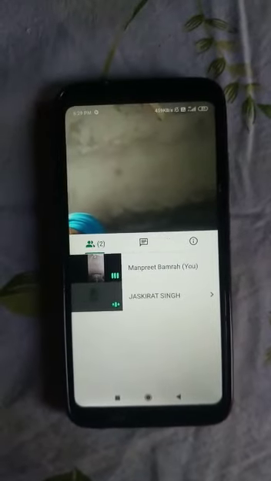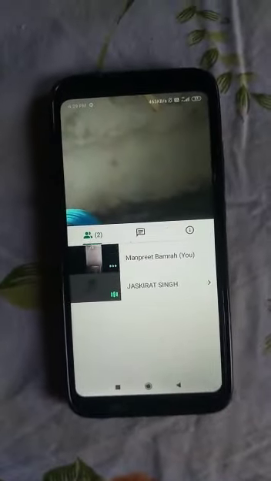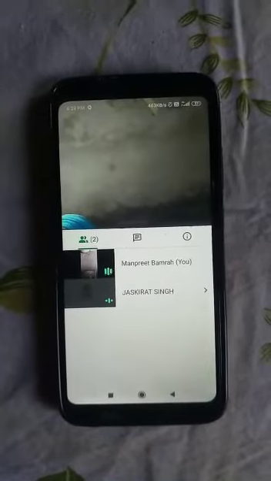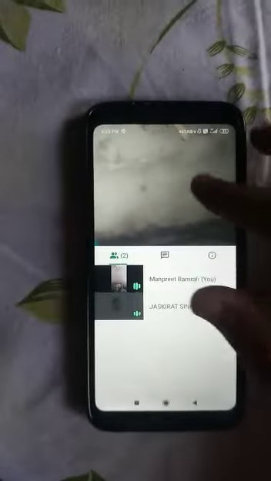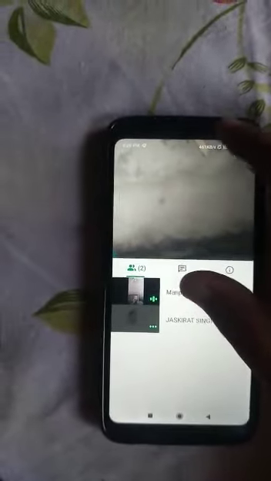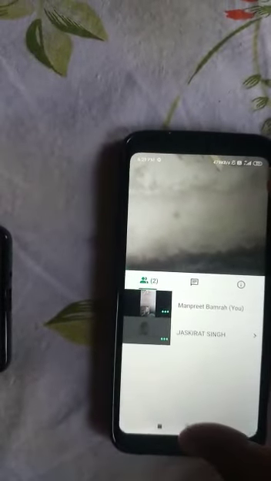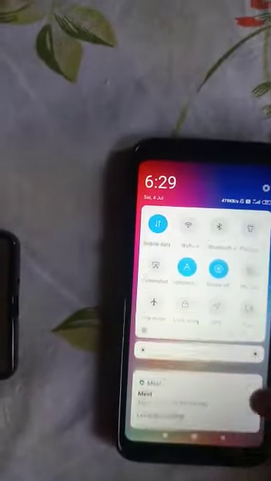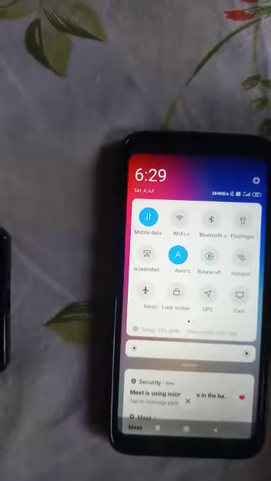That means the both of the phones, the screen should be rotated. The phone screen of teacher should be rotated, as well as the phone screen of student should be also rotated, like this one. From here you can see, so here I have to change rotate off.